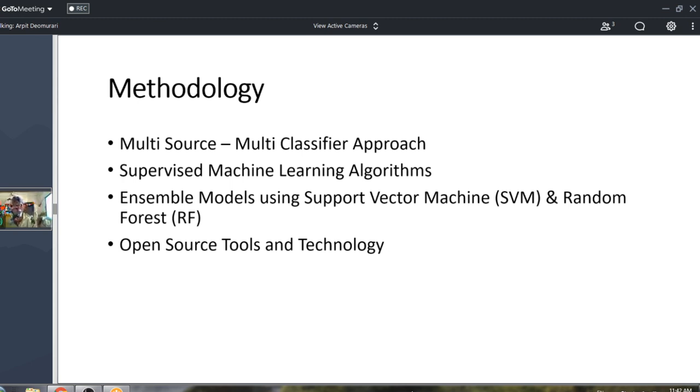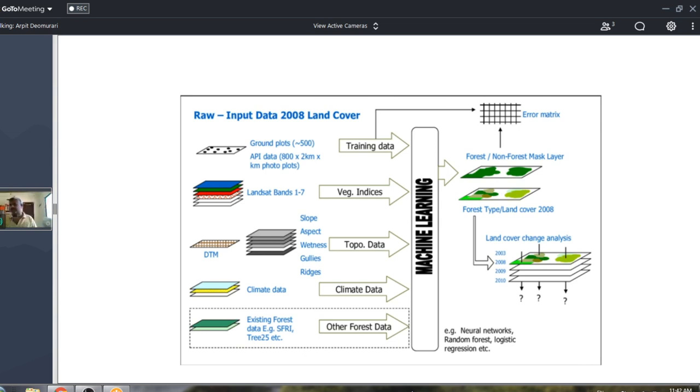So this is how I built the system. I knew my problem: I need a land use land cover classification for 3 years. I have existing data in terms of forest cover, climate, elevation, satellite imagery, and some land cover classification labels from 2008. I put that into machine learning. Basically, I ran 5-6 models, but finally I chose SVM and RF based on the test data, which did the best. And then I carried out the formal analysis of what change has happened.